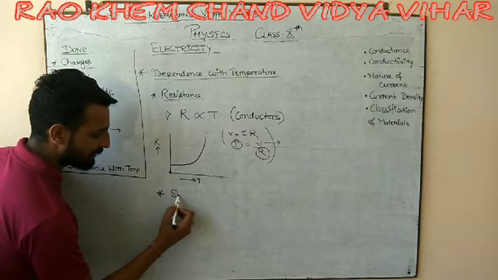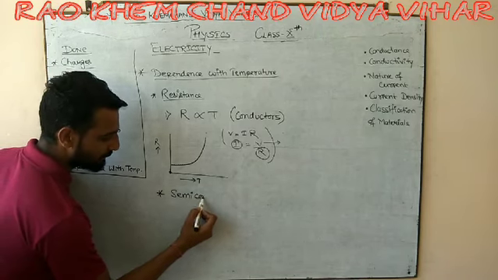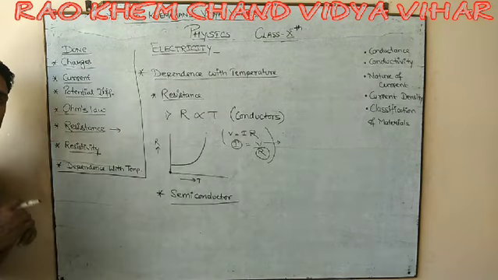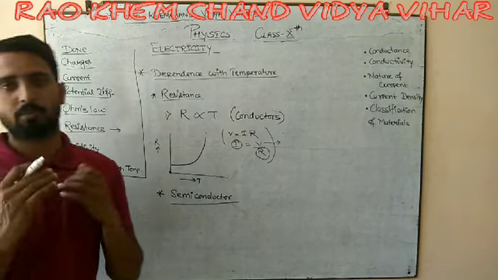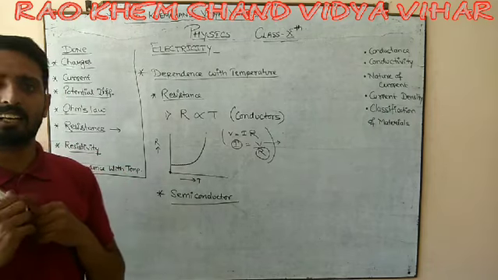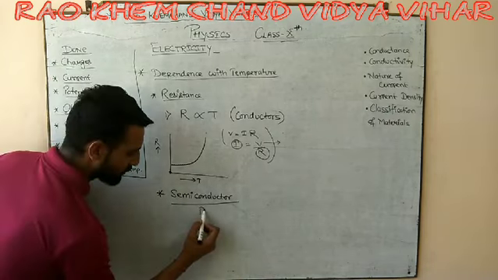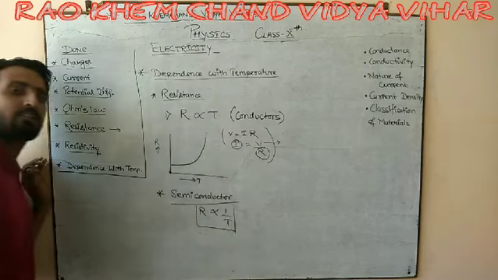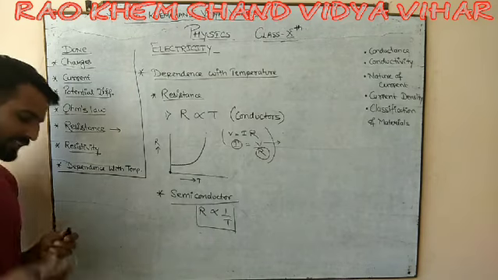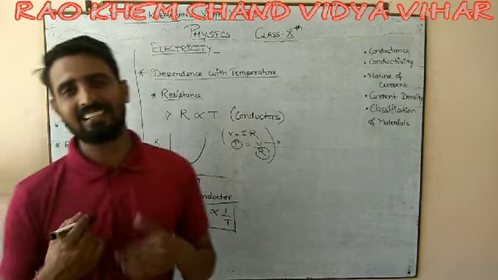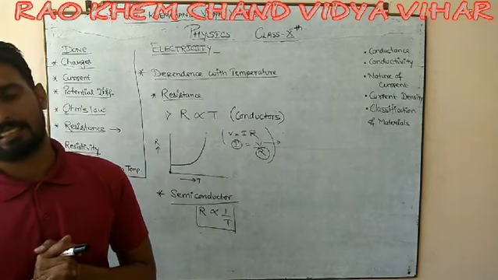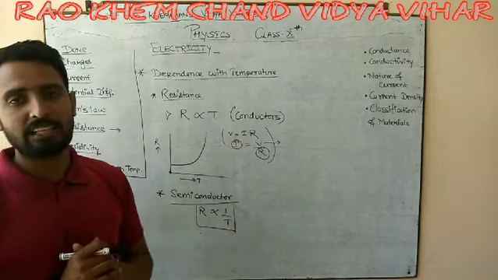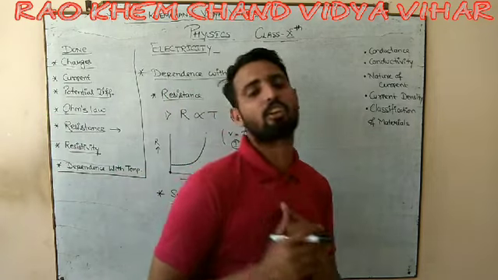The second thing that we discuss is the semiconductor. I have discussed semiconductors, the elements which partially behave as a conductor and partially as an insulator, and for those materials temperature and resistance are inversely proportional. This means when you increase the temperature, their resistance decreases, and when their resistance decreases, the current through them increases. And we use these materials, semiconductors, in electronic devices.